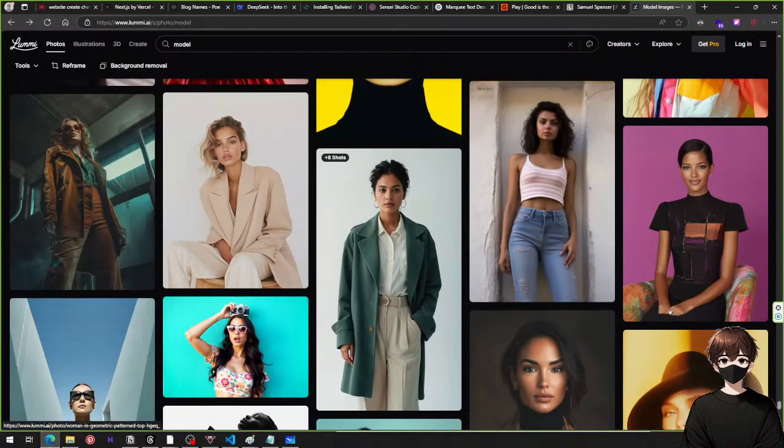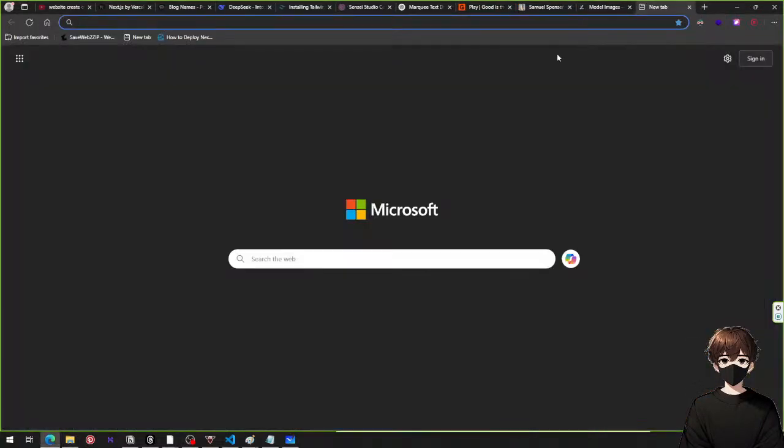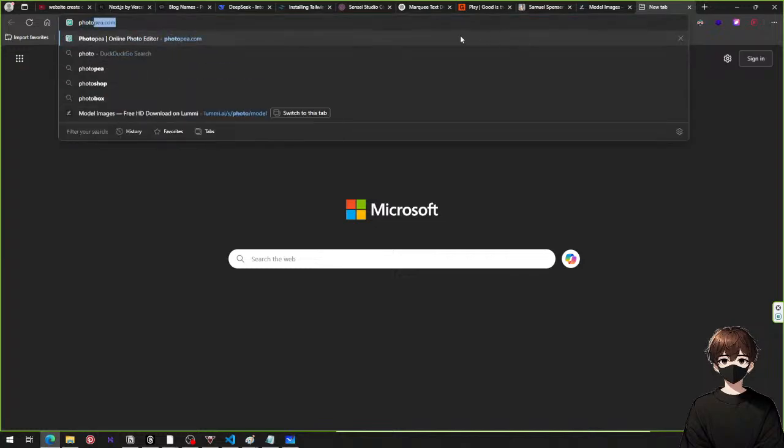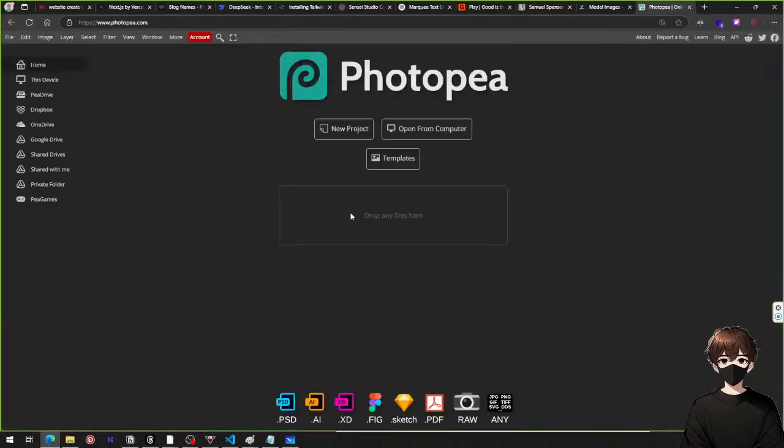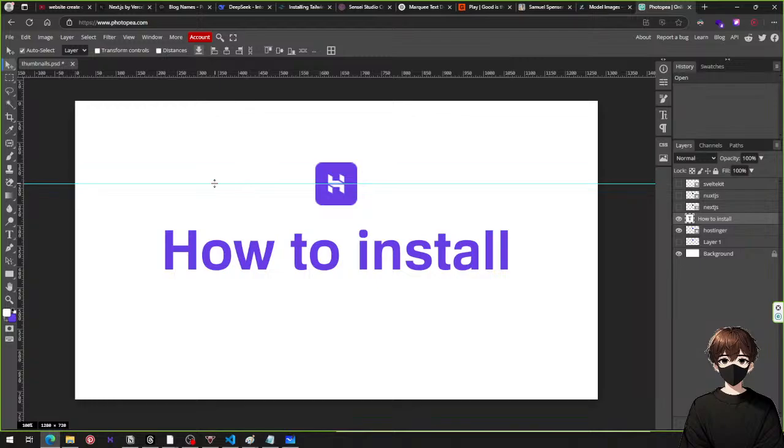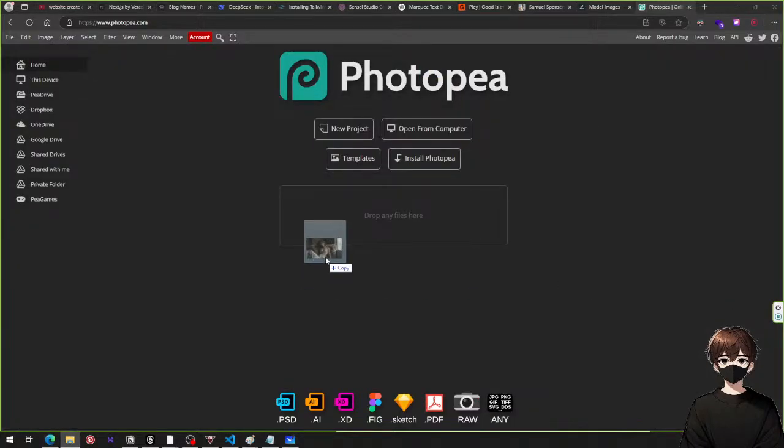Okay, so what we want to do is make this one a little bit lighter. So let's do that. Let's go to Photopea and let's actually make this image lighter. So I'm gonna show you how to do that. It's very simple. You drag it in,